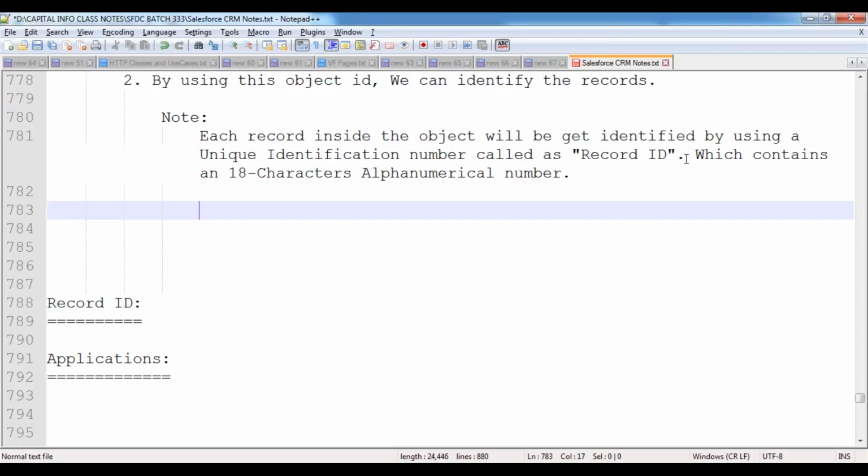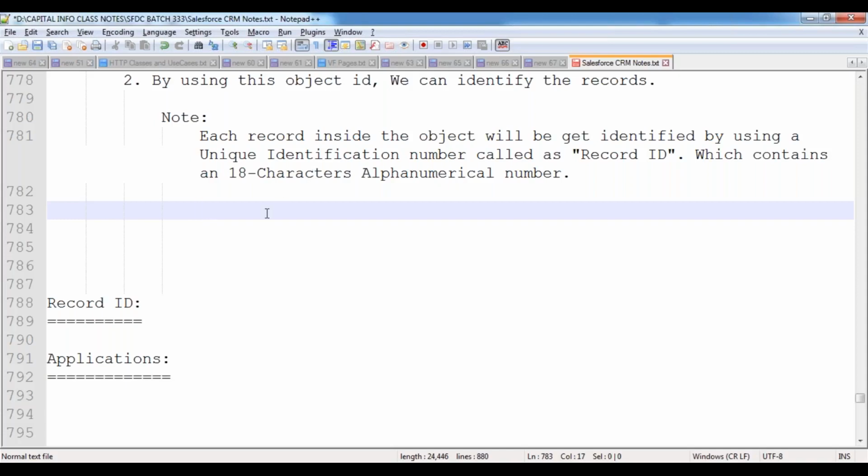They always generate a unique number, with no chance of repeating it. That's how they have designed the algorithm. So whenever we create a new record inside that object, Salesforce allocates a unique identification number called the record ID, which contains an 18 characters alphanumerical number.